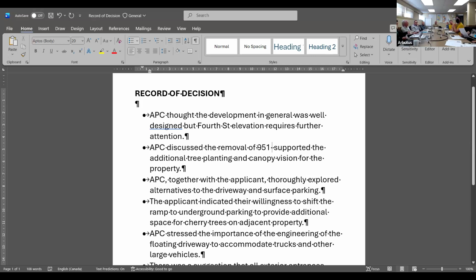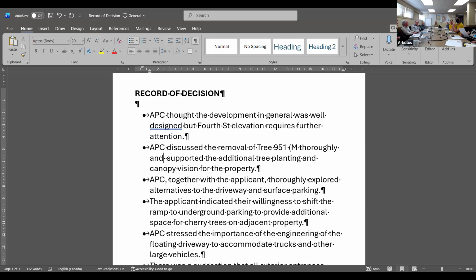We could put in whatever number it is, the Monterey cypress. Thoroughly. And supported additional tree planting vision. Okay, we're done.